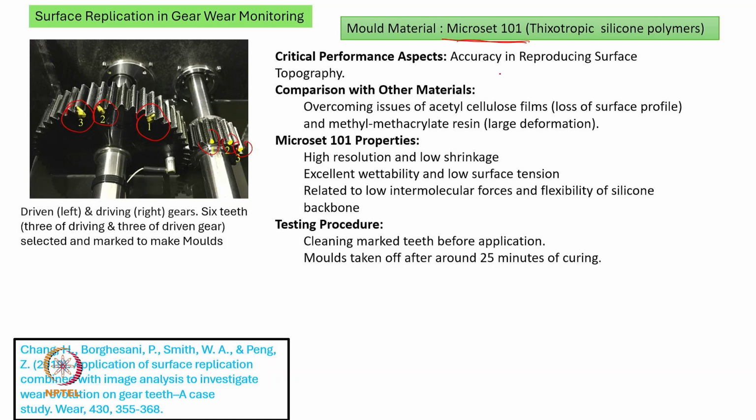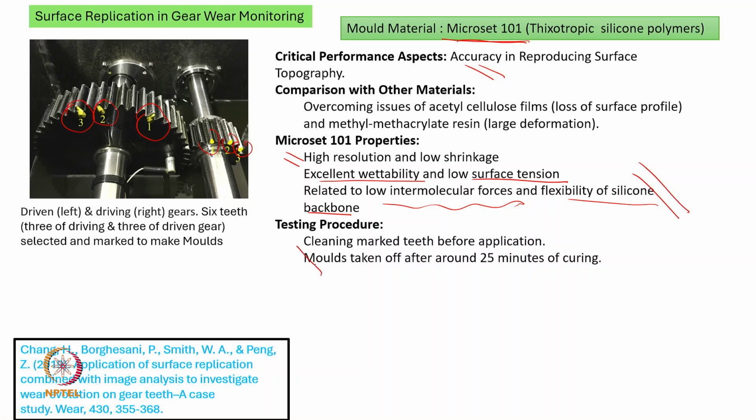Reason being, they are saying that this is very accurate, and then we can really go ahead with low shrinkage, high resolution using this one. It has excellent wettability, a low surface tension, and then it can be removed easily because it has low intermolecular forces. It has the flexibility to adapt to the shape of the gear teeth. So that's why they have selected the material Microset 101 as a mold, and then when